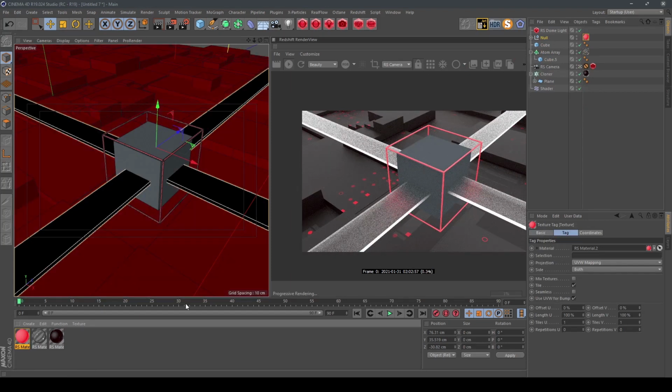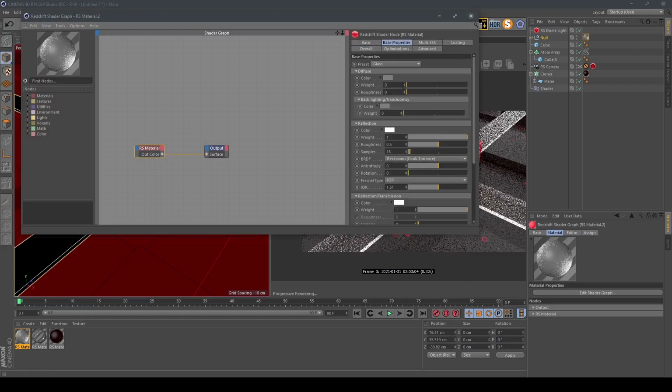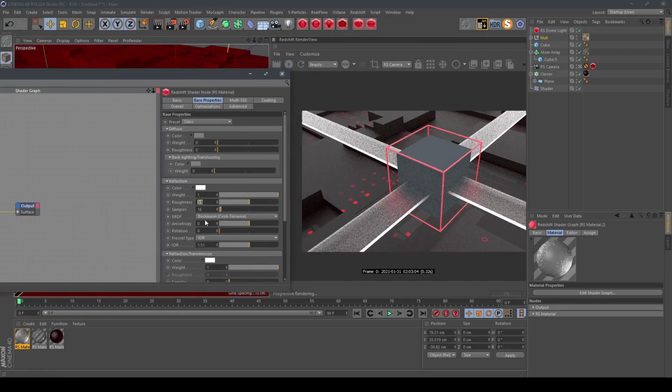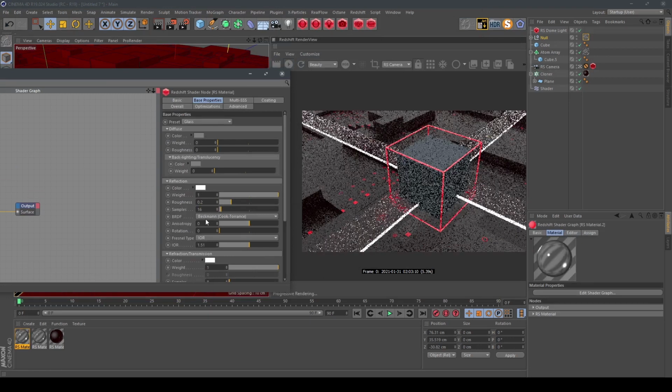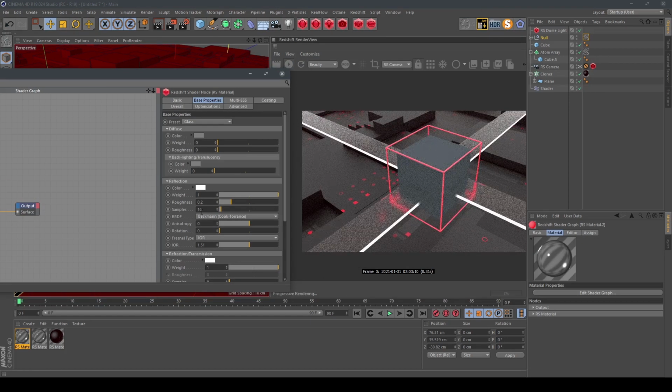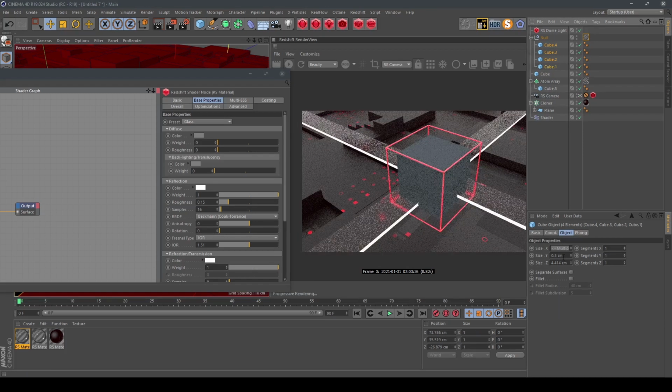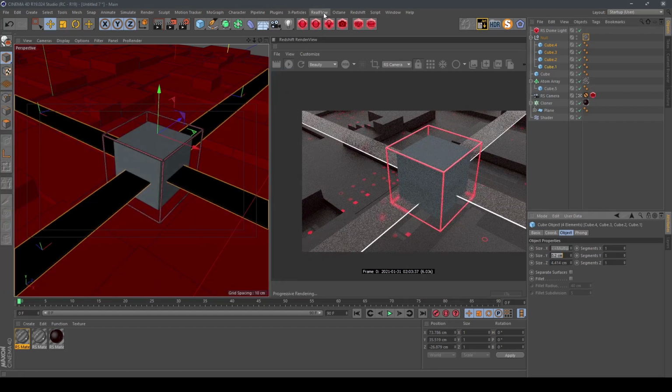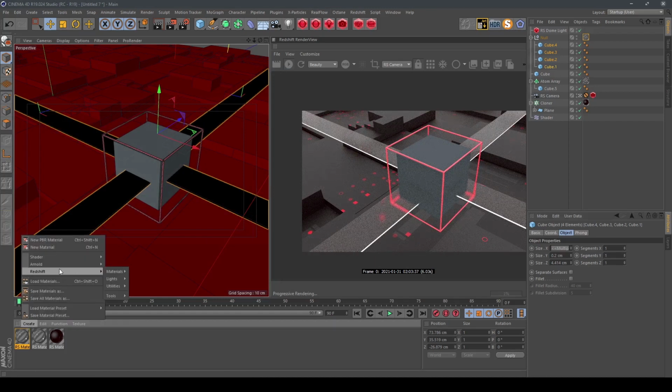Too much roughness here. Let's change the roughness. Let's go for 0.2. Still too much. Let's change it to 0.15. I think we need to change the thickness of these cubes. 0.5 is too much, so let's go for 0.2. Yeah, it looks good. And now for the middle part, we can also create a glass material